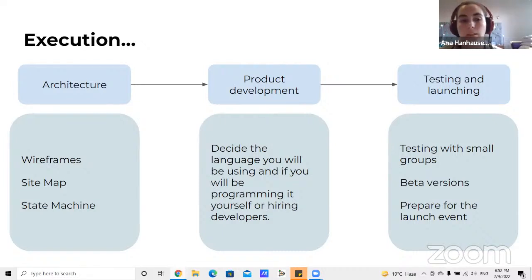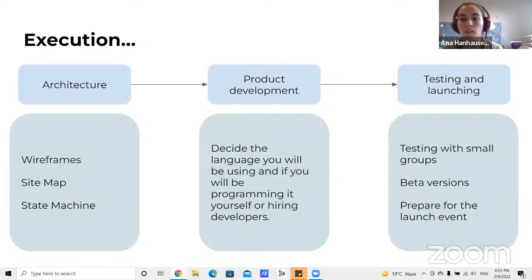And finally, we have the section of testing and launching. Something I really recommend is testing with small groups, but having these small groups be very varied, right? Not only having, for example, 10 of my friends who all lived a similar life in general terms, but actually going and finding different users and really trying to reach all of the target users that we planned before, right? That we were thinking about. Once we address all the comments that they made, we get to different beta versions. We can start launching different beta versions that we will have to keep updating and keep making better.